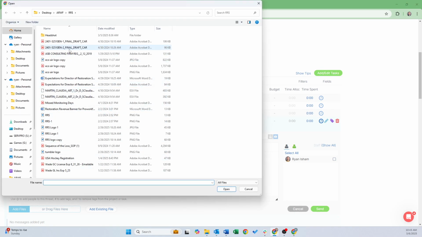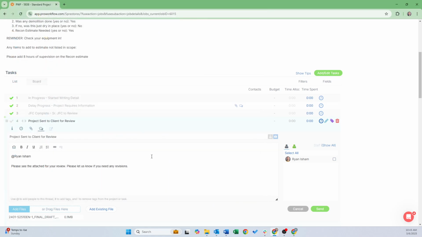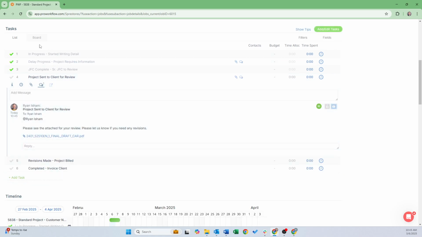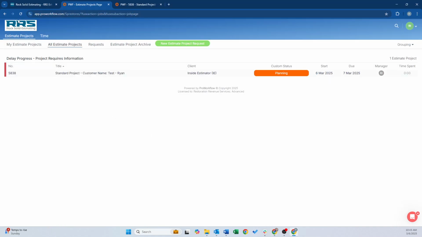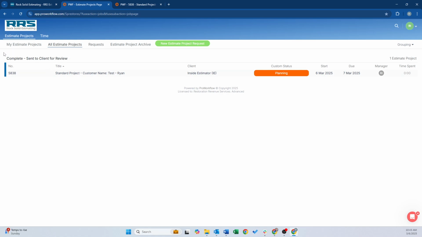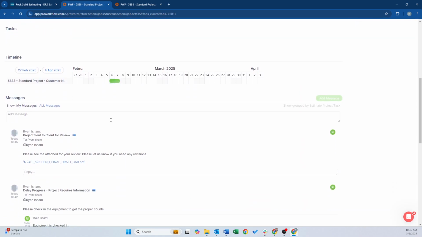We then add an estimate. I'm just going to pick a random estimate here to add. And then we send that to the client. On your end, again, you will receive an email. You will also see that the status has been changed to complete, sent to client for review. The same thing takes place when you get that email, and I'm waiting for it to pop up here, but you will be able to see an email thread,